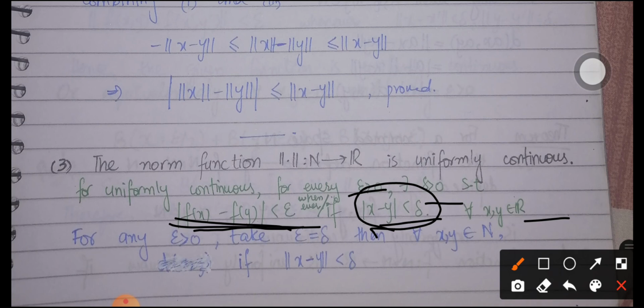So here we are going to prove this result, that for every epsilon positive, let us take epsilon to be delta, because we know that epsilon and delta are both positive small numbers, so we can take epsilon to be equal to delta. Then for all x, y belonging to N, we can say that if mod of x minus y is less than delta,